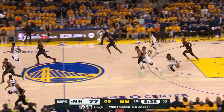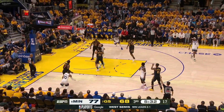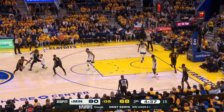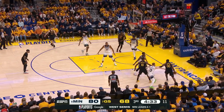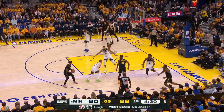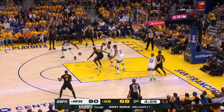And when Ant does get rolling offensively, that's when you see him join the party a little more defensively as well. Now, his teammates are going to get the ball rolling with this perfect switch through the double drag action, and it's underappreciated how Gobert is literally always in the right spot here to show a body on the drive. Those are things that you can't measure in a box score, especially when he does it again here on Jimmy's dive to the rim,